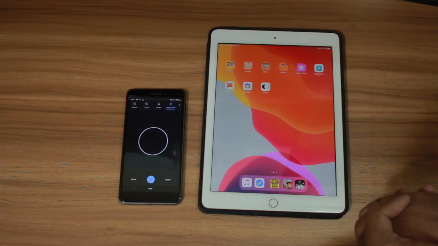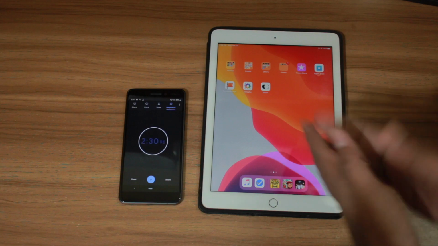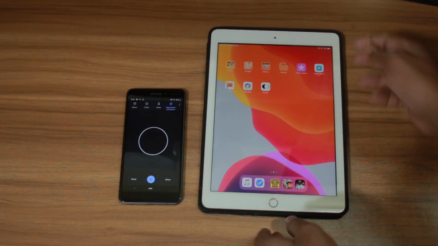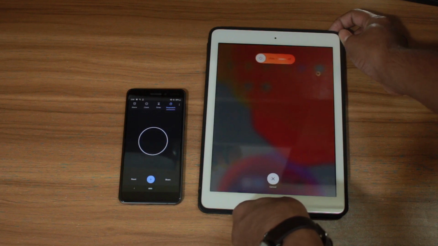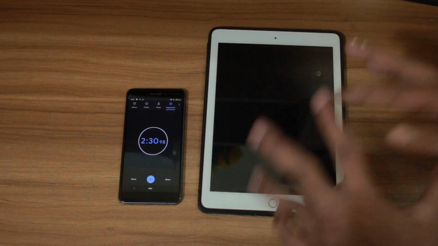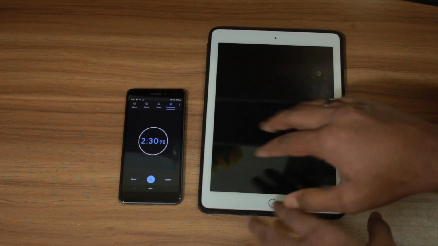Alright, I think that is all for this one. There is the last section where we're gonna test the boot. At first we're gonna turn off this iPad 2018. Oh my gosh, this iPad 2018 sucks, really. I can't believe this is super